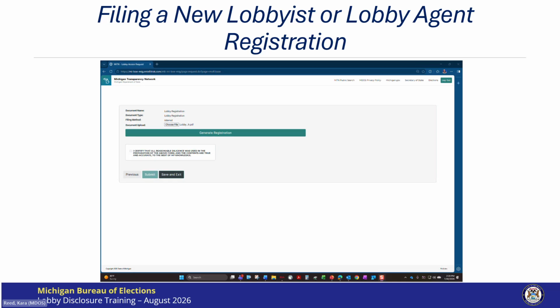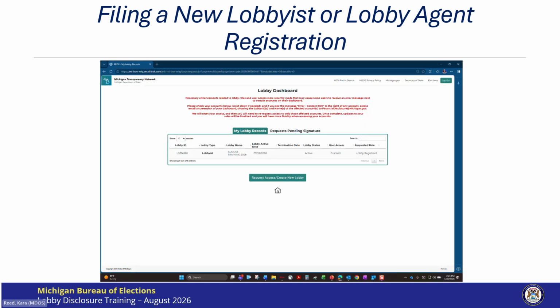If for some reason you're not able to complete the registration process at one time, at this stage you can save and exit. I want to make sure I stress, if you leave the registration process at any other time, your draft will not save and you'll have to start again. Now let me show you what happens when I do not submit a registration but exit. So I click Save and Exit.